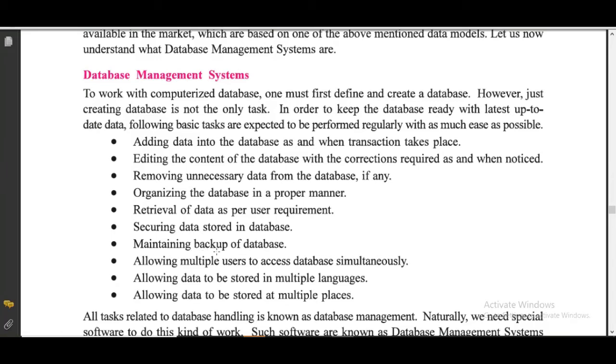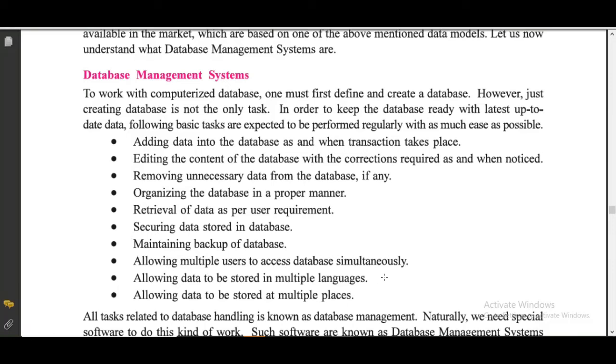Then maintaining backup of database. So if something happens, if the system crashes where you are saving your database, at that time you will lose all information. So periodically we have to set backup of this database so that whenever something happens, we can get that database back.